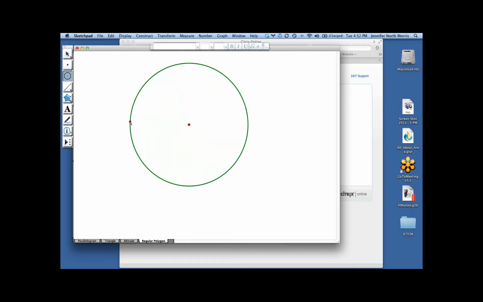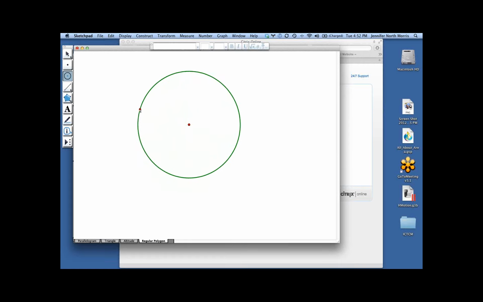Okay, so I'm going to start with a circle, and here's my circle. With a regular polygon, we know that each side is the same, so they're all congruent. Ooh, so we could use those tick marks. So what I'm going to do now is rotate this point around, and I could actually create a regular polygon. So let's do a pentagon. And if we rotated this by 72 degrees, because we know the interior angles are 72 degrees, we could